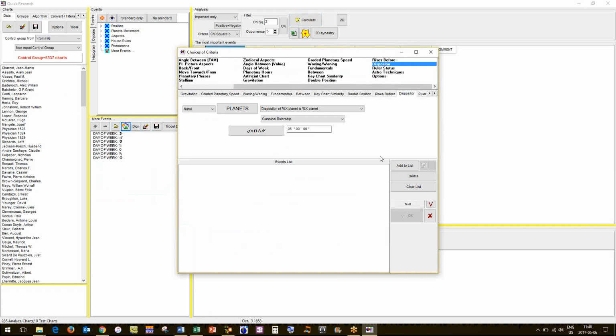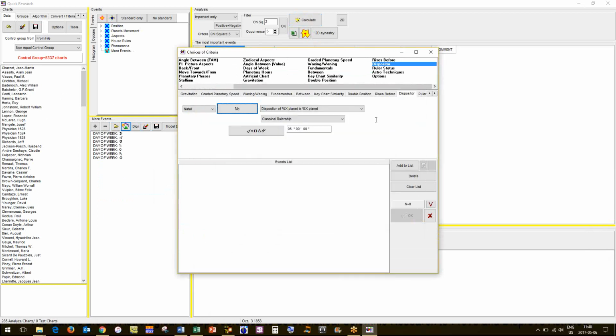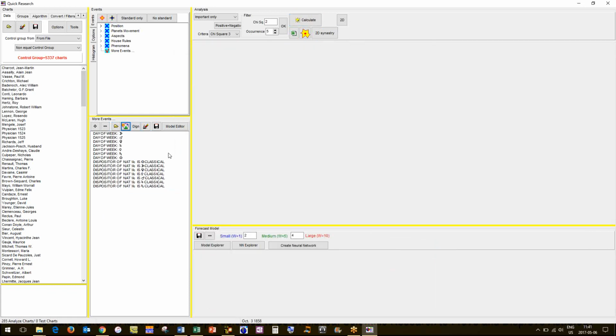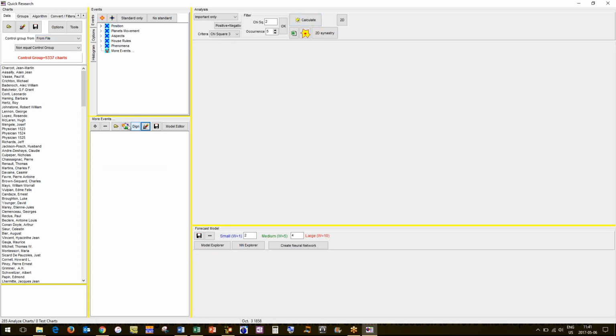You can look at the dispositors. The dispositor of the 10th house cusp. Oh, I got classical there. You can run that, but that's all right. No, we're actually set up for modern, so that wouldn't work.